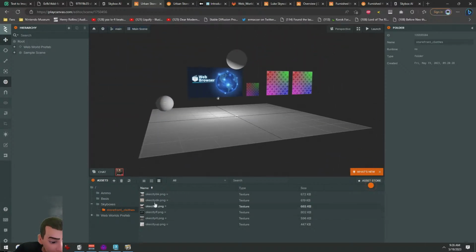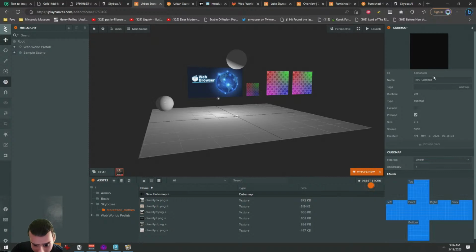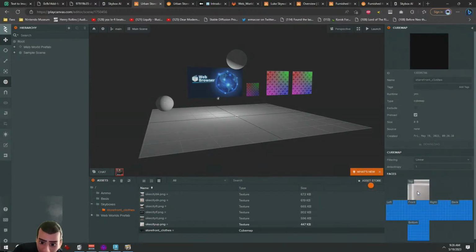I am creating a skybox. I uploaded my textures. Now I'm going to right-click in the asset panel here and create a new cube map. Cube map, skybox, same thing. And I'm going to call this one storefront close, the same as I called the folder actually. Then I'm going to drag and drop my up image in and my